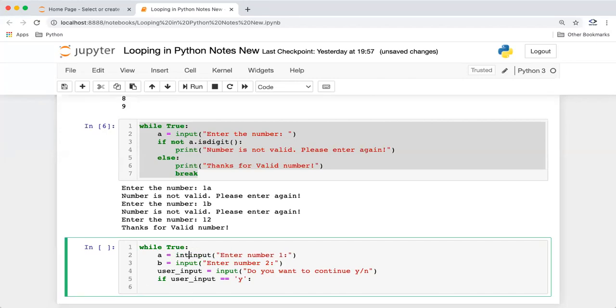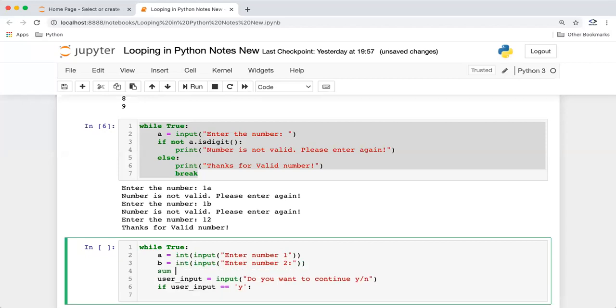We can expect the user is entering proper numbers for now, because our objective is not validation of the numbers. We use int, and the sum will be a plus b. Or we could have written a menu-based program, like a calculator, where not just the sum but other operations can be done.